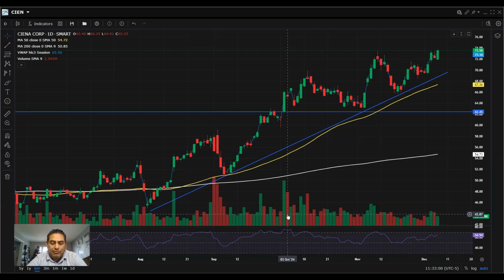So for this particular trade, I use some software that gives me historical data on a bunch of optionable stocks. It tells me in general what it's done over the last 10 years. So Ciena Corp, over the last 10 years, 90% of the time it moves up a certain percentage, around 8% I think it was, during this particular time. So if I know that 90% of the time it's happened, there's probably a pretty good chance that it's going